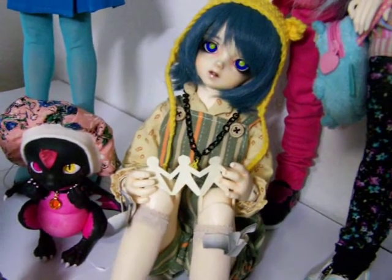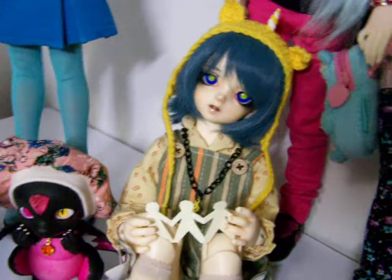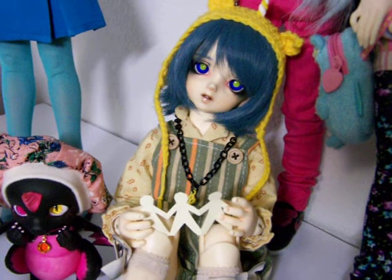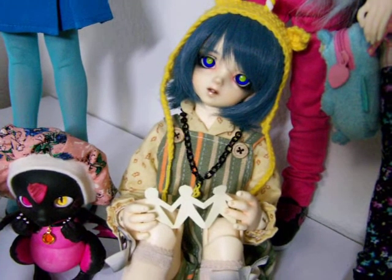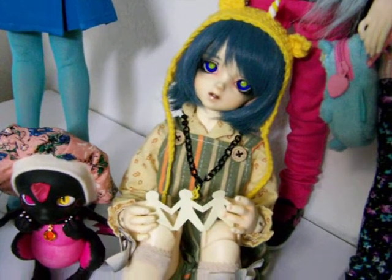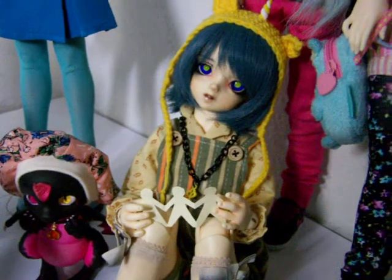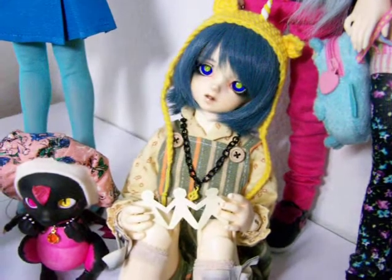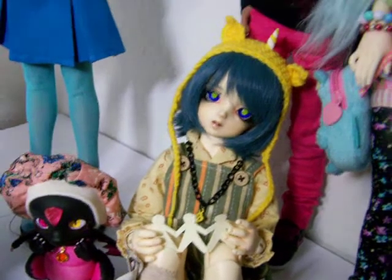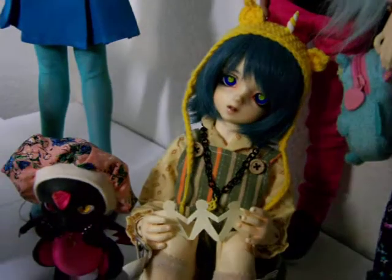Yeah, really no doll funds per se, so I can't really buy any new dolls for them at this point. But hopefully, fingers crossed, I'm feeling a bit of fortune coming my way, perhaps towards the end of the year, holiday season, maybe my birthday, but I'm feeling a bit of fortune coming my way in that sort of vicinity. So hopefully that's not just wishful thinking, but a good thing,